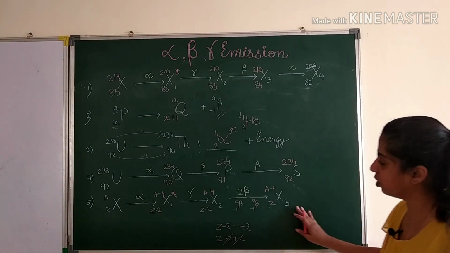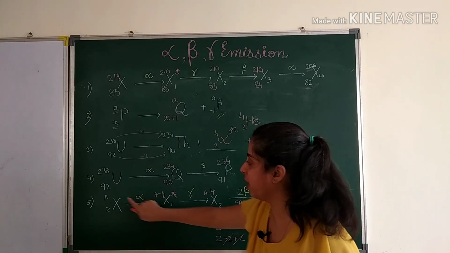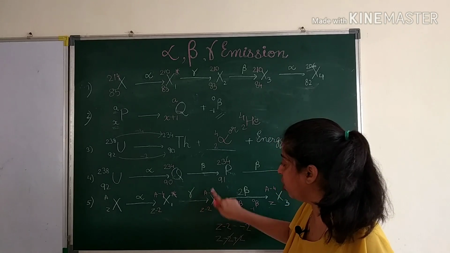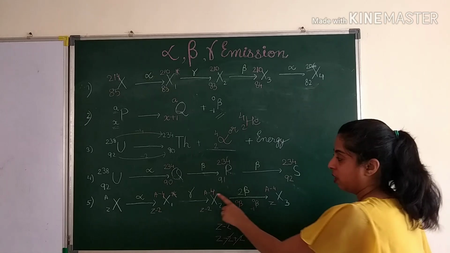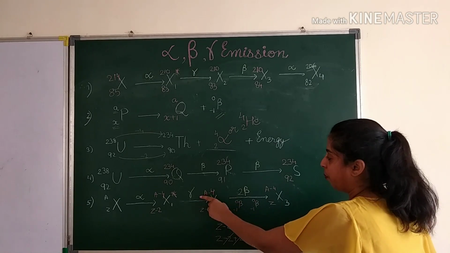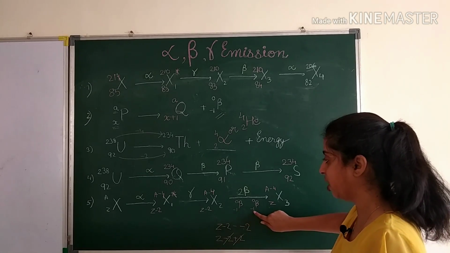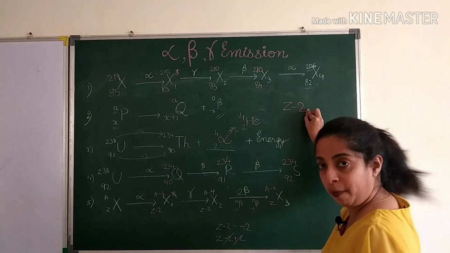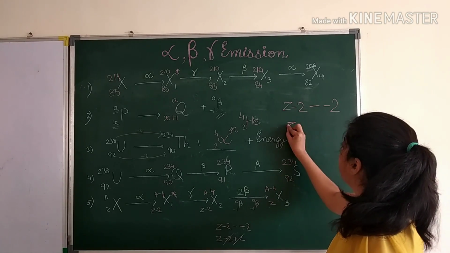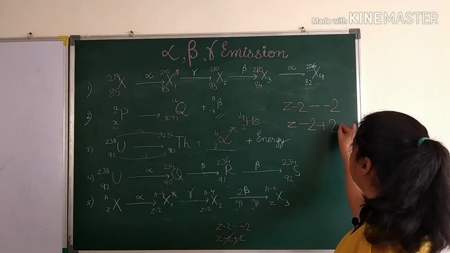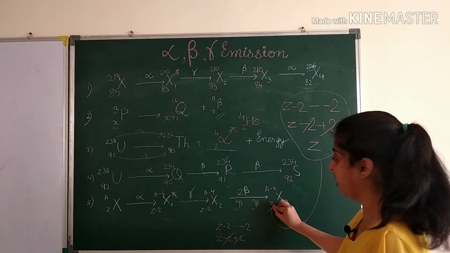I hope you have understood this sum. Shall I repeat this? Okay. Now alpha particle, so here minus 2, here minus 4. Gamma particle, no change, just put an asterisk sign here. Now beta particles, there are 2 beta particles. तो ऊपर तो 0 ही होता है, तो ऊपर का कोई भी चेंज नहीं करना है. नीचे का चेंज कैसे किया है इन्होंने? देखो -1 मीन्स -2. सो Z -2 तो था ही आपके पास, उसमें से हमें माइनस करना है. क्या माइनस करना है? -2 को. सो इट बिकम्स Z -2 plus 2. So this gets cancelled and it remains Z. So this is how you added Z here.